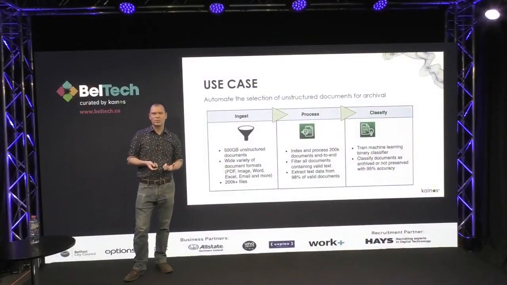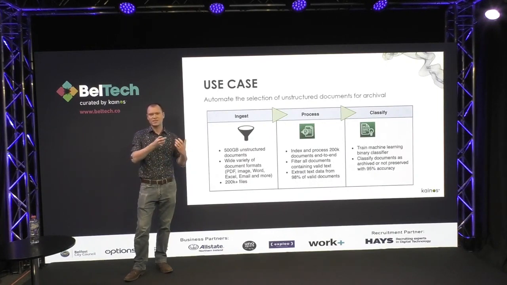And so we'll just start with talking about the use case. What we're going to frame this discussion around is a project that I worked on with the team in Kainos. And this is really starting at, what did we actually deliver? Ultimately, this is your classic binary classification problem. So think spam detection, spam, not spam. In this case, it's preserved and not preserved. So the use case was around archival of documents. The customer had an existing, largely manual process for deciding whether something should be archived or not.